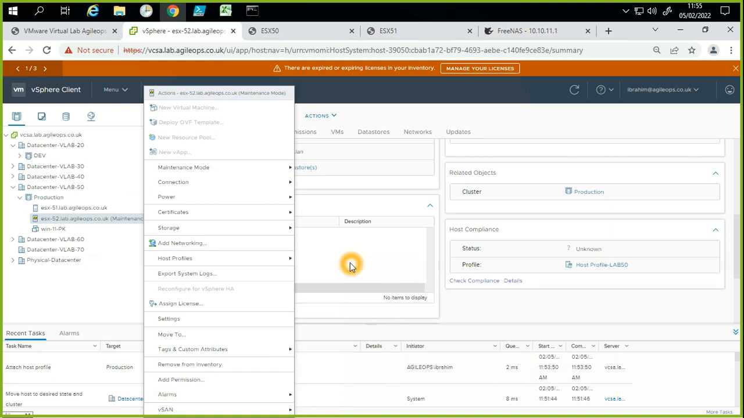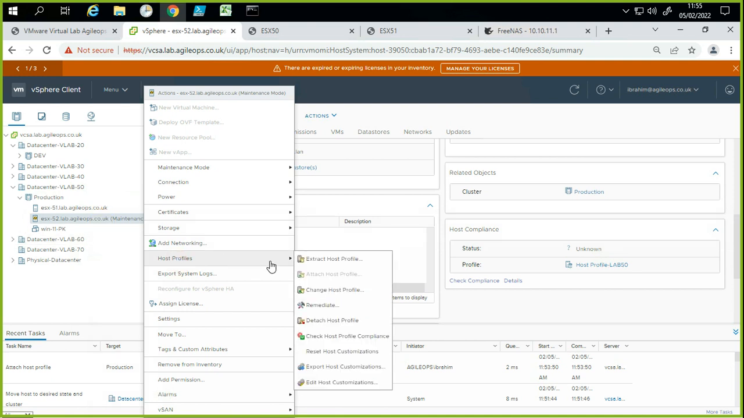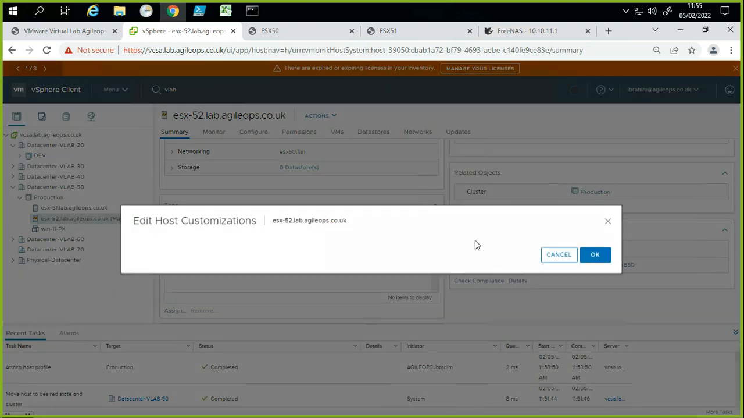before we do anything, because this profile was pulled from ESX51, we need to sanitize it and we need to configure it before we apply it to this particular server. Okay, so what we are going to do is we are going to edit and customize this host profile. First thing we will do after assigning it. So edit and customize,